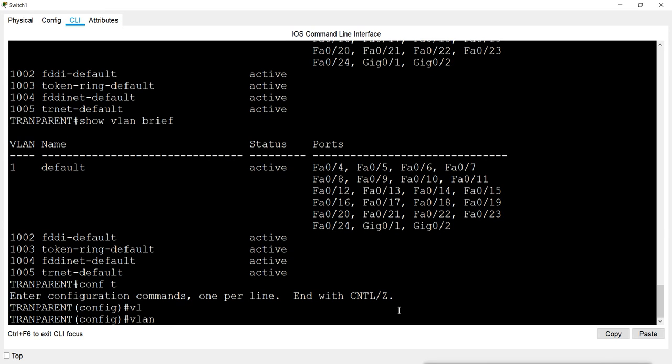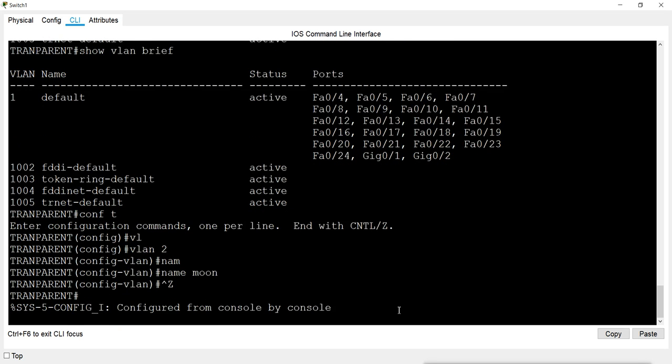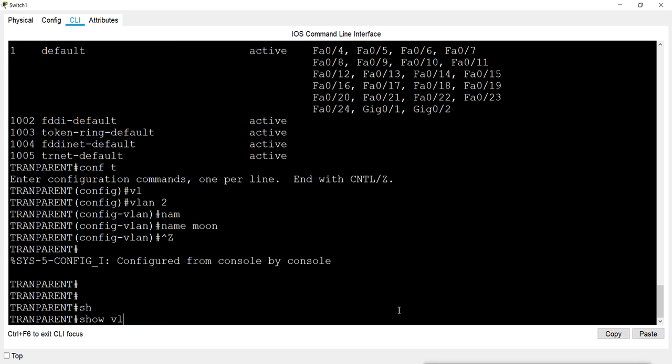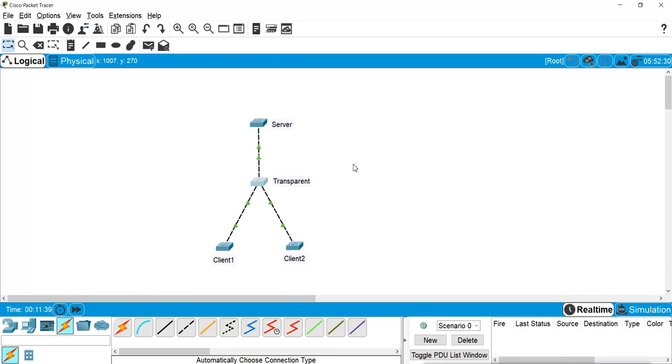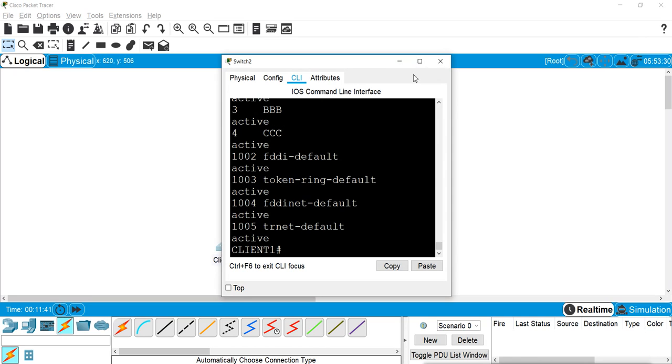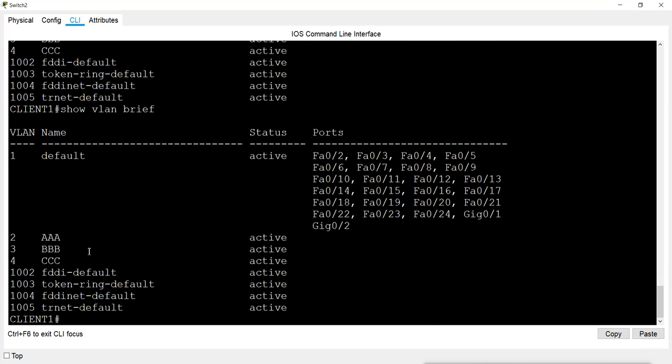I can create VLAN number 2, name Moon, and you can see the VLAN is created, and this VLAN will not be replicated to anyone, not a server, not a client. If you check on clients, there is no information about that VLAN. It is only getting the information of the VLANs from server.